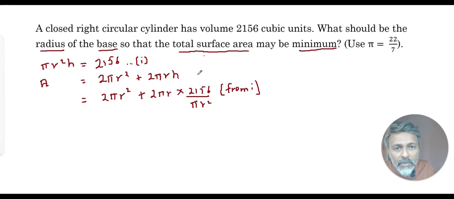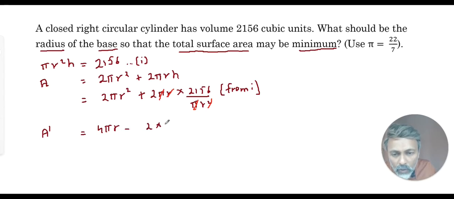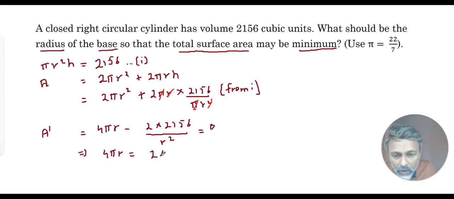Basically we are making a function of r. The pi cancels, and one r factor also gets cancelled. We are ready to differentiate with respect to r. A dash is equal to 4 pi r minus 2 into 2156, and the derivative of 1 by r is minus 1 by r square, equal to 0. Therefore 4 pi r is equal to 2 into 2156